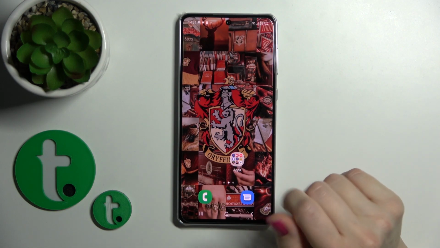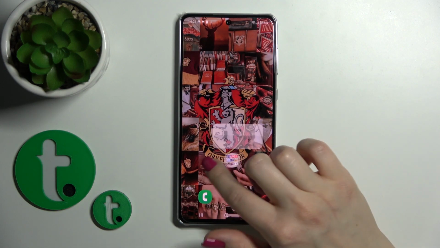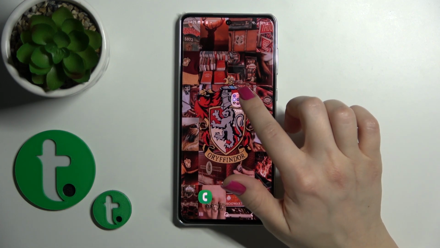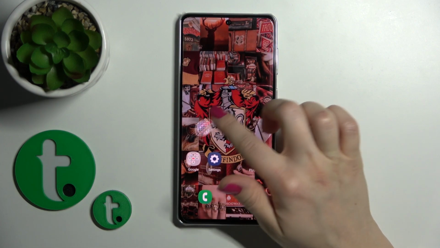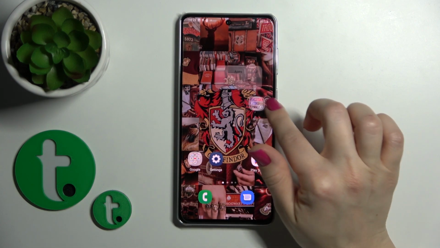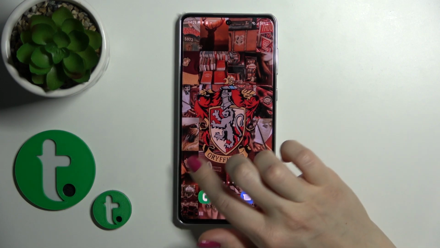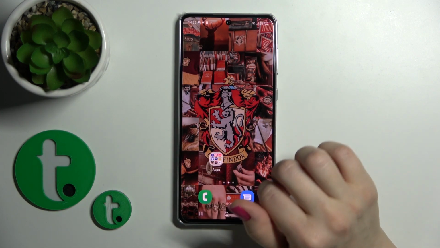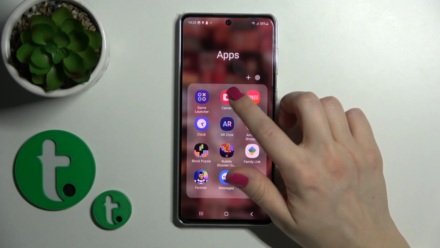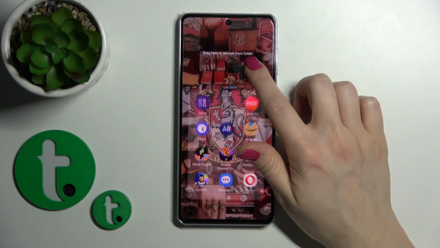To move it here on the home screen or between the screens, we should hold and drag the folder to the left or to the right side, just to move it between the screens or to create new screens. Also, if you want to remove an application from here, you should hold the app and